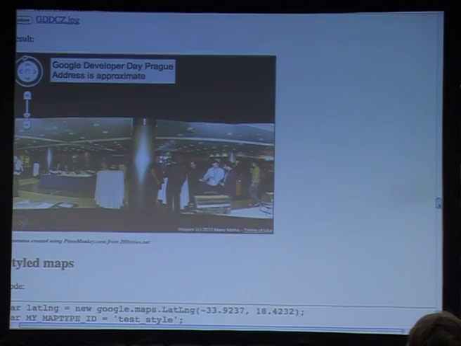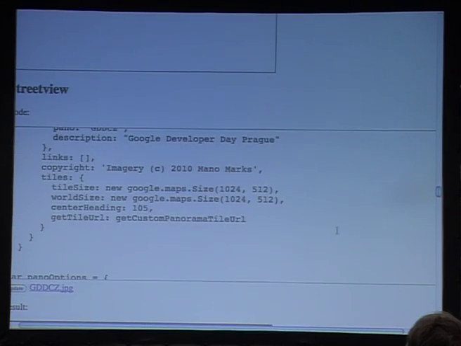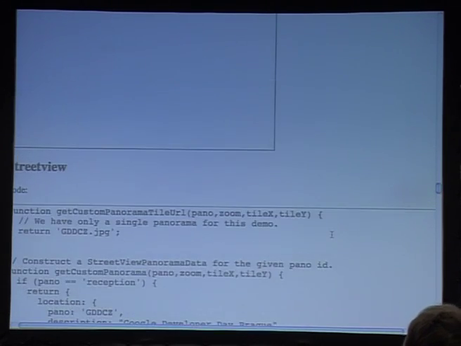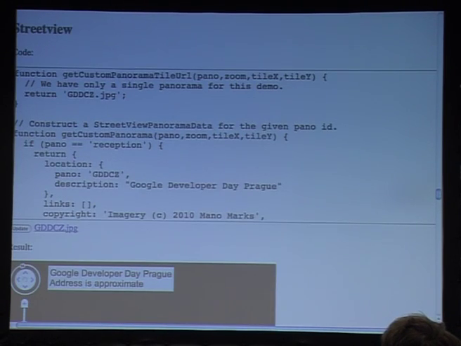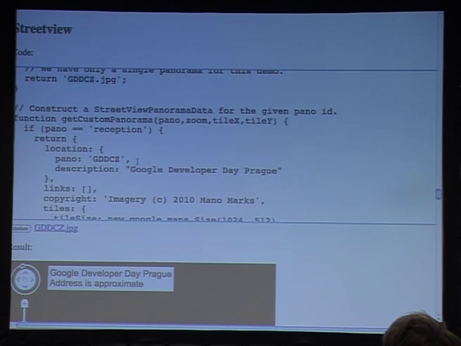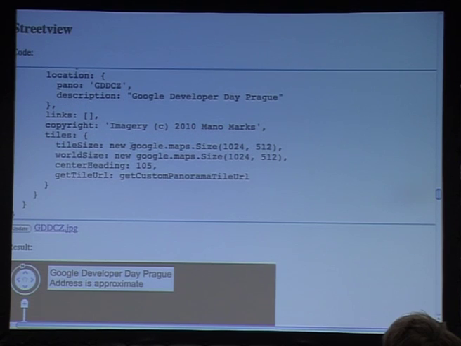I will show you the code. So code is also quite simple. You will create the custom panorama, get custom panorama tile URL, which is the special function which for a particular pano, zoom, and tile will return the URL to the imagery which you need. And we have a simple version of that function, always return the same file. Yeah. And then you will create your custom panorama and provide your imagery and the link to that function which